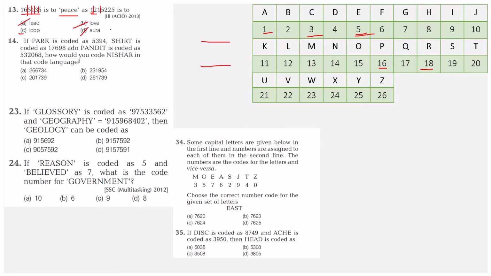Just go with a brief look by seeing the question. So you just have to consider 12 as L. And if you consider that, you will be having 3 more options to decode. So you'll be having lead, love, and loop. So aura is eliminated. So getting to the next numbers. If you take a look at 15, you will be getting O. Yeah, O. And 22 will be V. And LOV came, so love is the answer. Okay. So for that question, love is the answer.